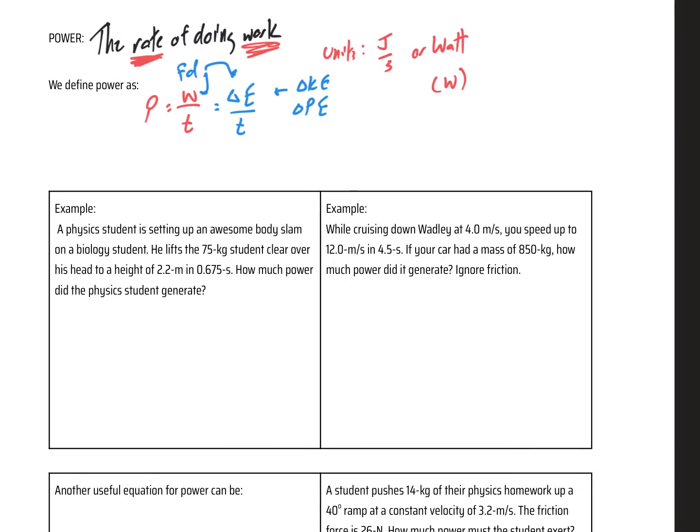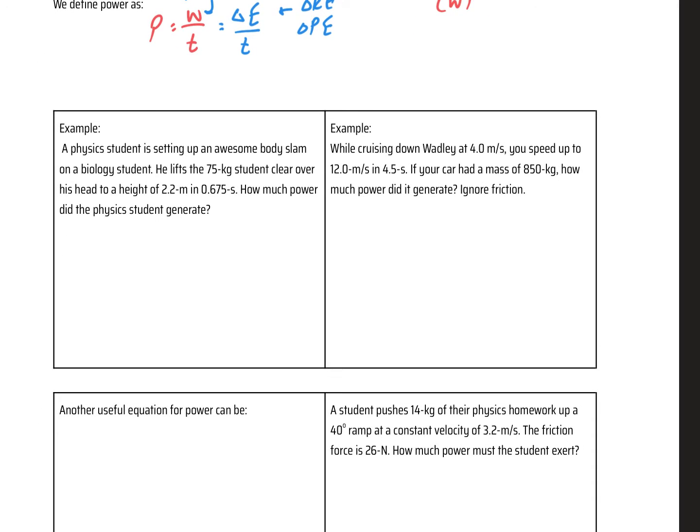All right, so here we have a pretty straightforward problem. We have a physics student setting up a body slam on a poor biology student. So we know the 75 kilogram student is lifted clear over the head to a height of 2.2 meters. There's a time involved. How much power did the physics student generate? So the power is pretty straightforward. It's work divided by time. If we know work is force times distance,